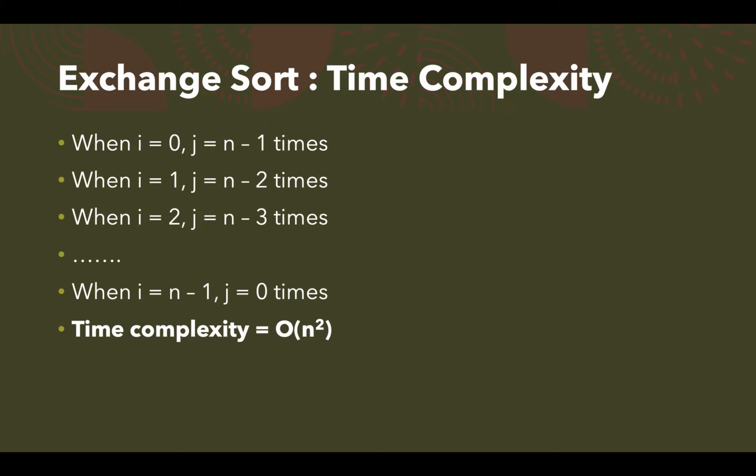Now the time complexity, as you can see, i is the outer loop. When outer loop is 0, j runs for n minus 1 times. Okay, it has to compare n minus 1 times, and when i equal to 1, j is working for n minus 2 times. So you can see, the pattern will be like this, that is the time complexity will be the addition of numbers from 0 to n minus 1. So here it's a summation series, so n into n plus 1 by 2, you will be getting the time complexity of exchange sort as big O of n square.